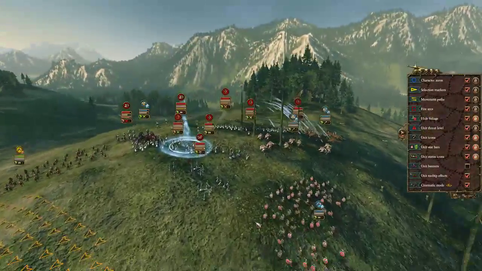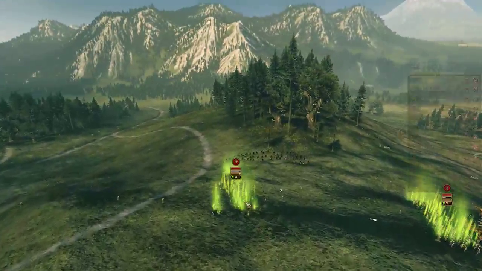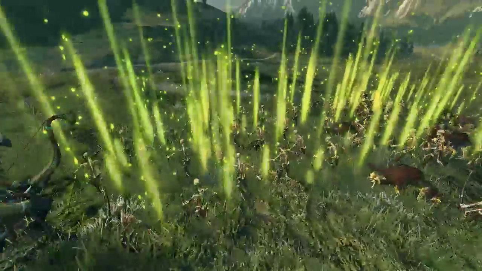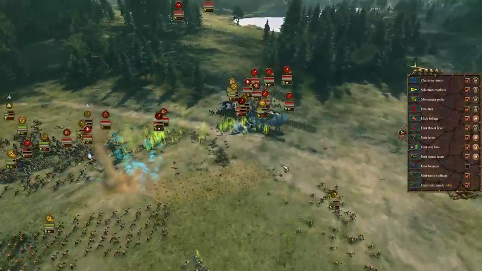At this point we have the Chaos Warriors engaging the backline, which is mostly built of ranged troops, and my Poison Warhounds coming in for a little snack on skeleton bones. Yeah, fetch the bone. Fetch the bone. But sadly,